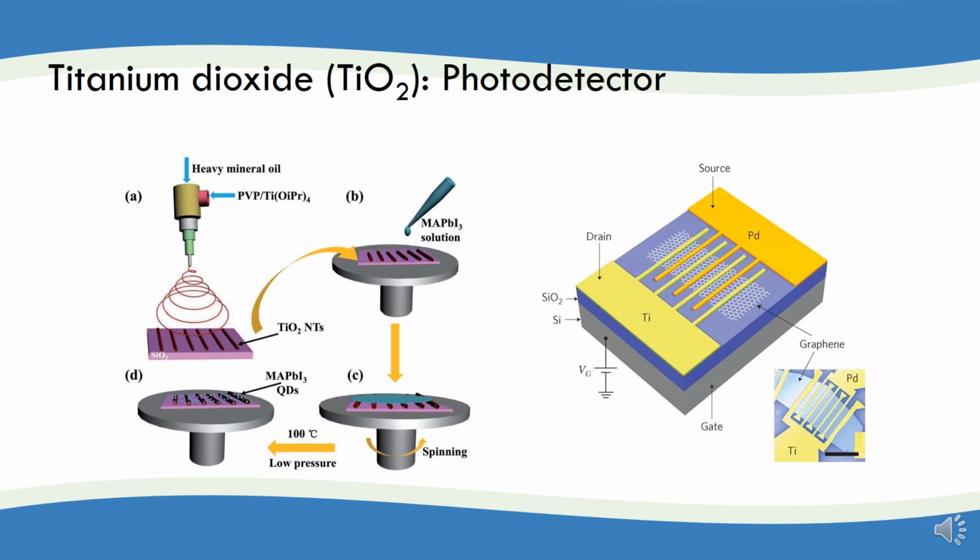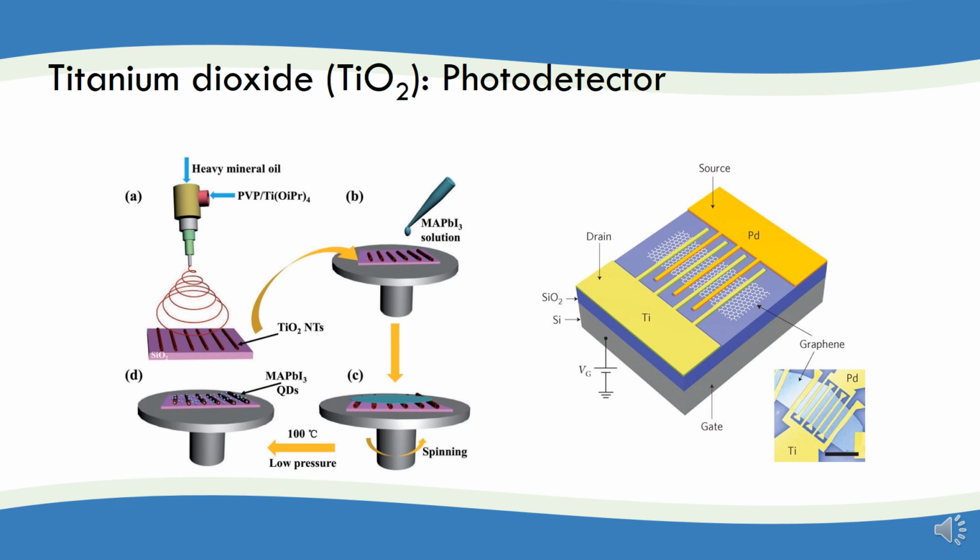And next one is the photodetector. Titanium dioxide is used as a photodetector material because it is an intrinsic n-type, wide indirect bandgap metal oxide semiconductor. And we're using titanium dioxide to make nanotubes as a one-dimensional structure because they have a very large active area. You can see here, we're using electrospinning to deposit the titanium dioxide material on the silicon dioxide. And then we drop some perovskite solution